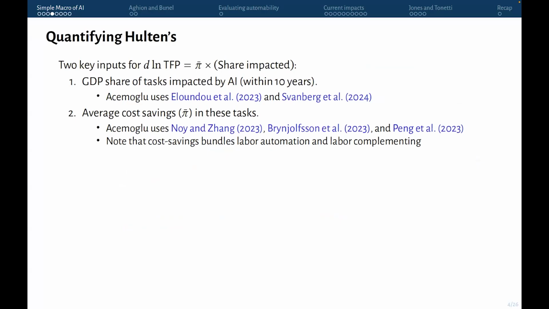So the point, this goes back to what Phil was saying about it being an approximation for small changes. Hulten's theorem actually says we don't care what the rho parameter is to figure out this impact, but that's only going to be valid for small changes. And that was kind of the limitation about whether this applies to large shocks. I think the numbers that Acemoglu gets suggest these changes are small, which makes it reasonable to use the Hulten approximation. But we're going to talk about how you could get larger numbers, in which case maybe the Hulten approximation breaks down. It seems to imply that we're thinking of this as labor automation, not extensive margin automation.